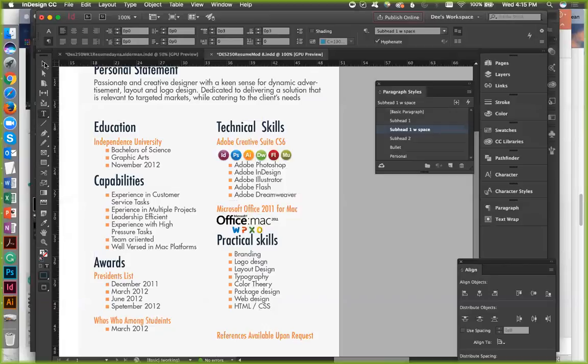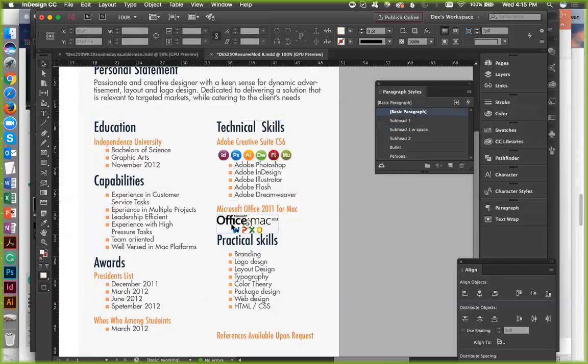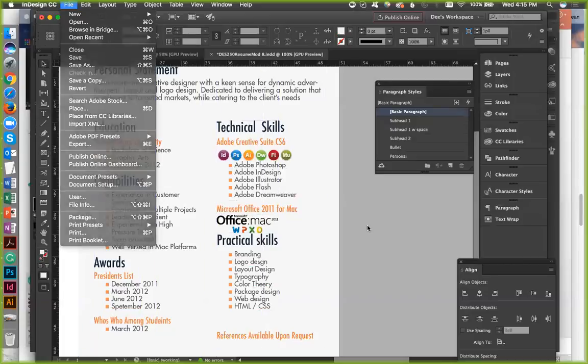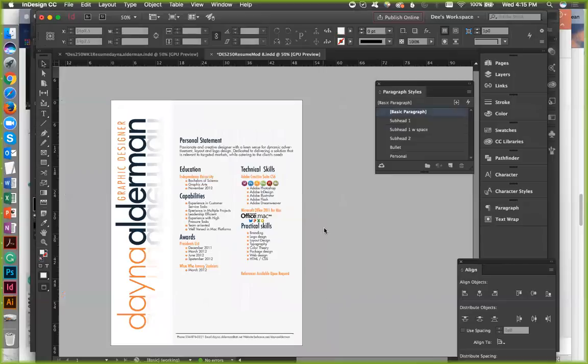That's fine. It's got to have a little space there. All right. Let's actually zoom out. And I'm going to go ahead and group this. Command G. And I'm going to align this to the page. So align to the page.